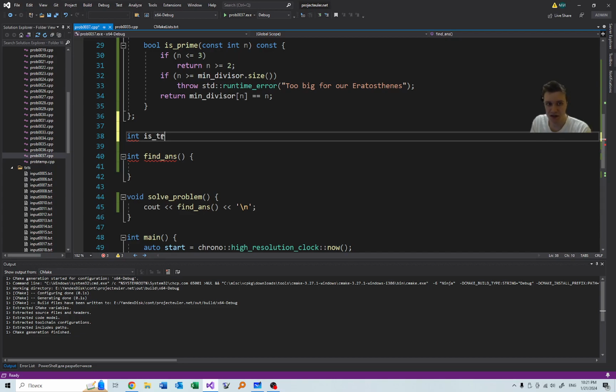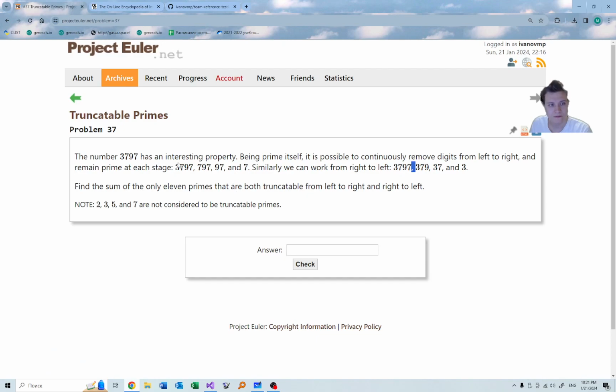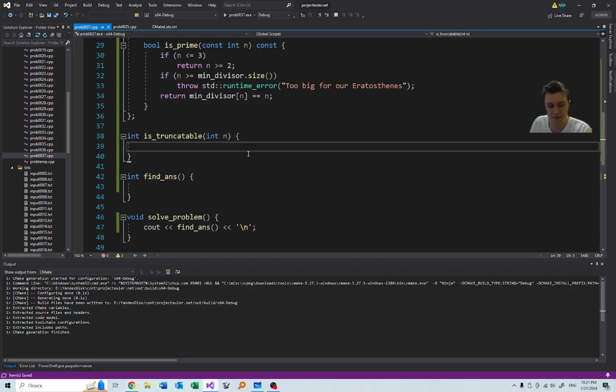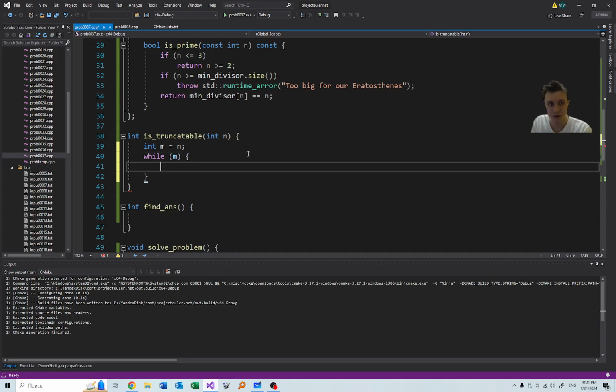So let's check that a number is truncatable. So first of all, let's start with going from right side. So int m equals n, while m, we need to check